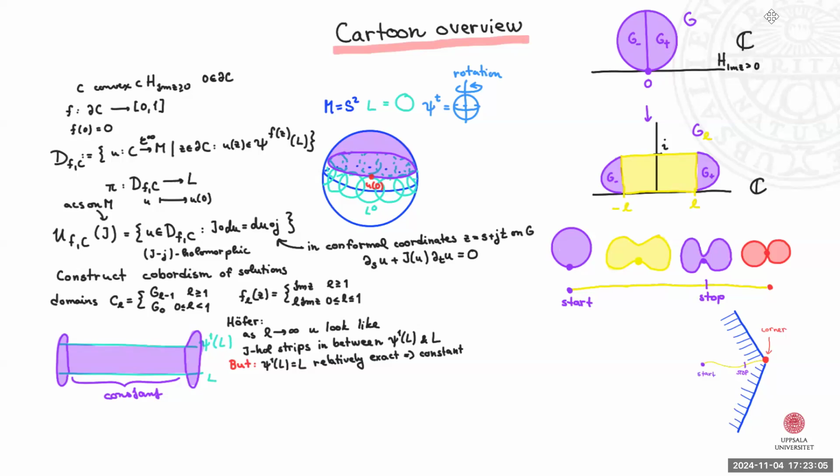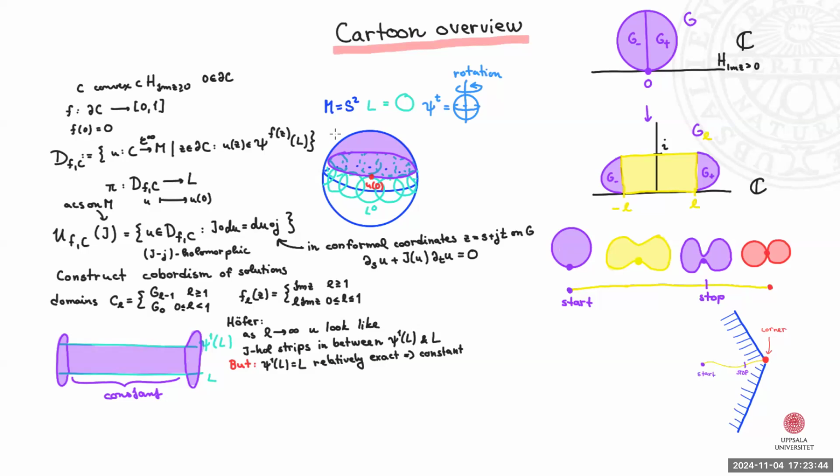You take some convex domain in the complex numbers. You can imagine this picture on the right-hand side, this G, but let's call it first C, so that it has 0 on its boundary, and it is located here in the upper half plane. What more? You will have a continuous function from its boundary to the interval so that it maps 0 to 0. Okay, so that's some domain.